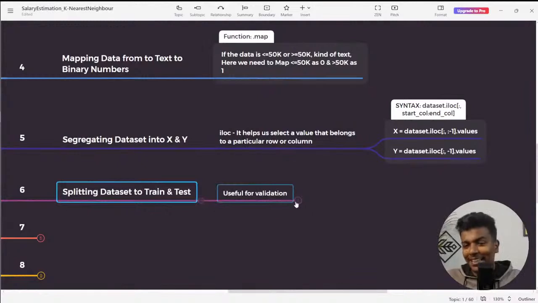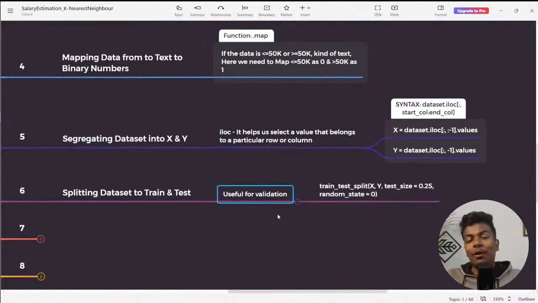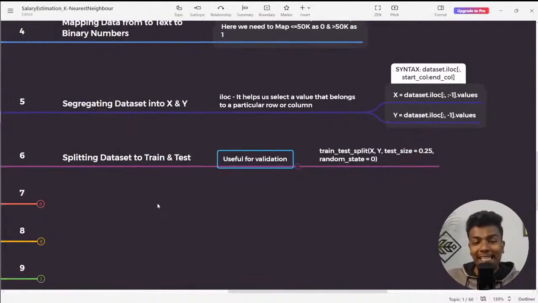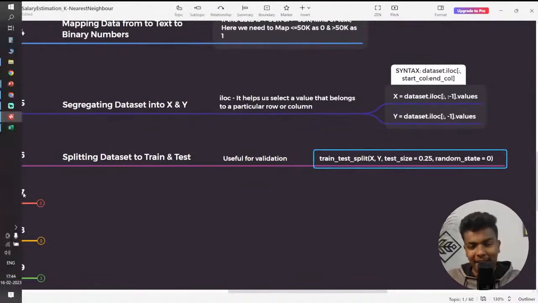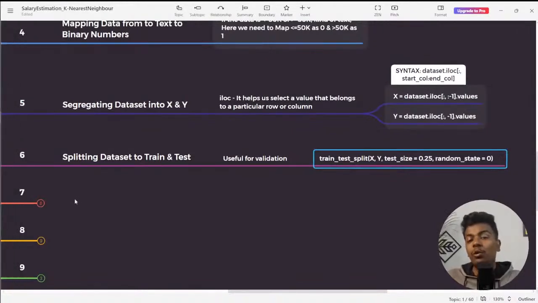Now you guys tell me the next question. What is the purpose of doing this data segregation or data splitting? Why do you need to split the data into train and then test? You give your responses in the live chat. This is going to be your detailed answer. Let us see who is going to give the right answer. So the question is, why do you need to split the data set into train and then test?